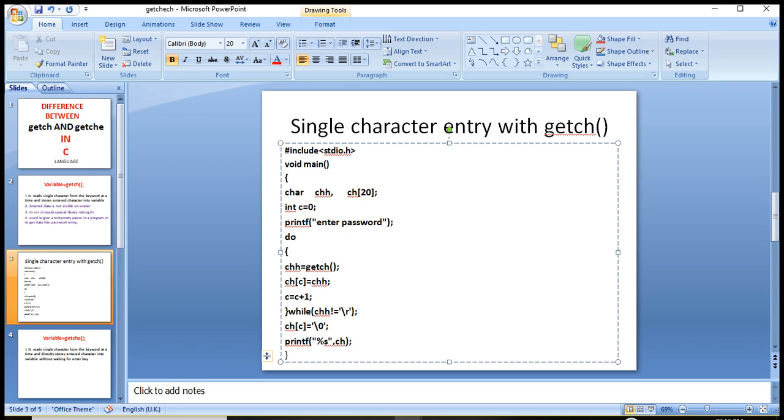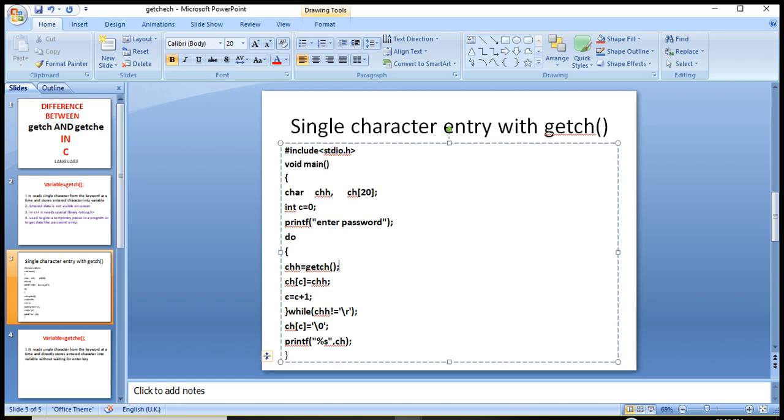Then we have used a do loop, do curly bracket. Then we have written chh equal to getch. The getch function will read a single character entered by a user.